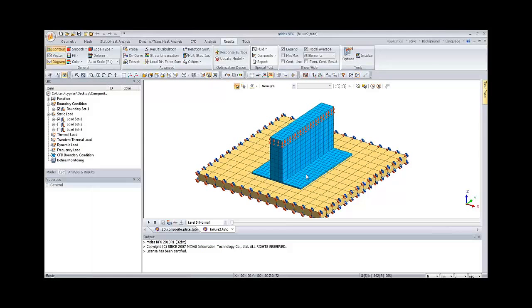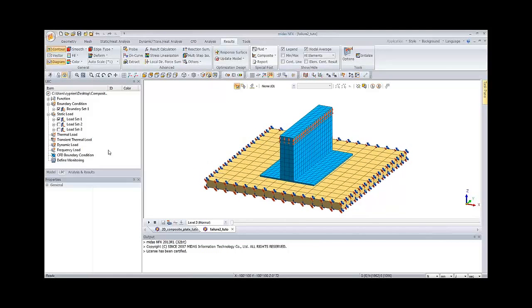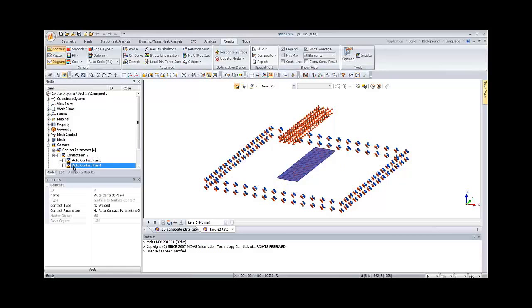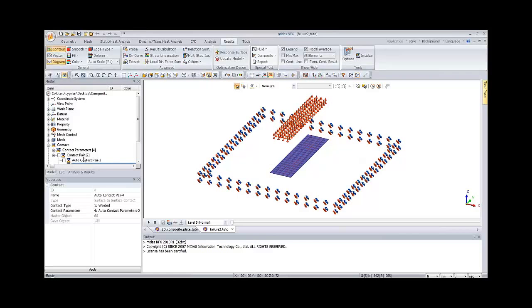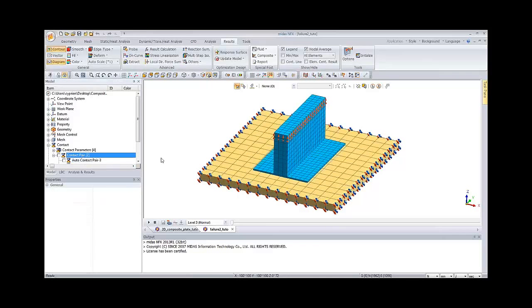So between these two elements in blue, I have a simple welded contact, and between the other parts, here, the thin plate and the big plate, I have a breaking weld contact. So this is a type of contact that Midas provides, and which helps to see the breaking of the contact during the analysis. So you can use that with composite material as well.